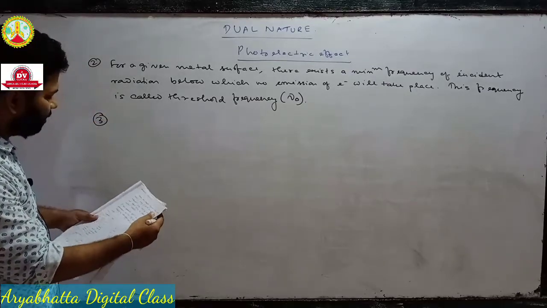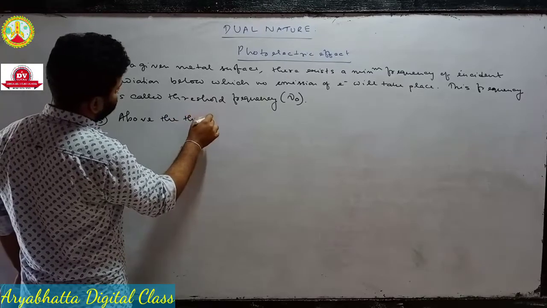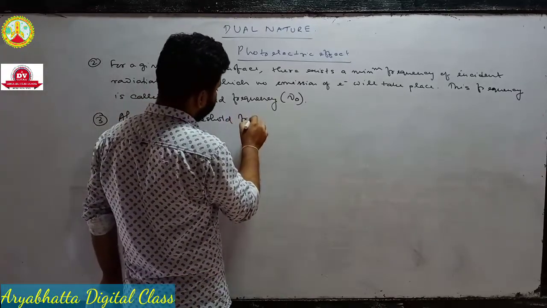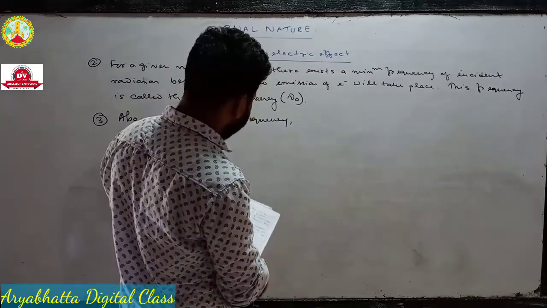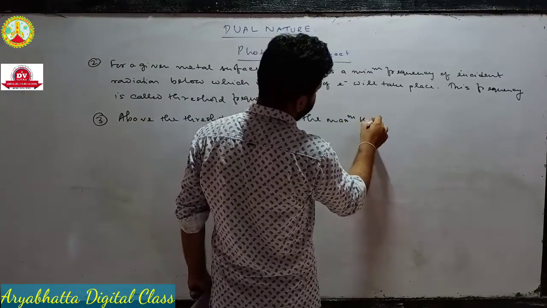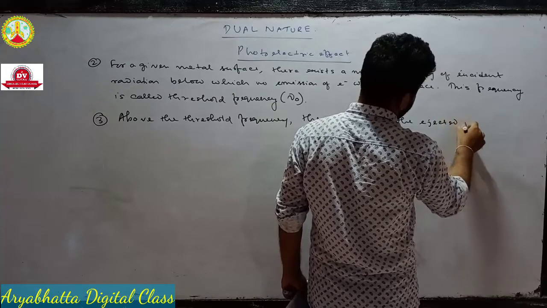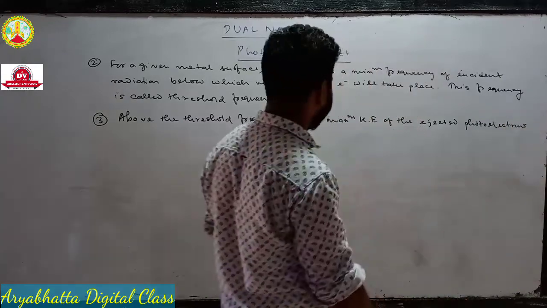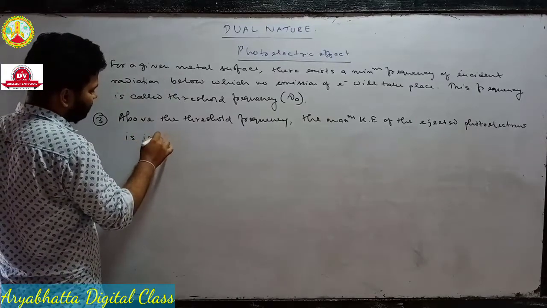Number three is above the threshold frequency. तो इस बार हम लोग किसके बारे में डिस्कस कर रहे हैं? स्टॉपिंग पोटेंशियल। तो above the threshold frequency, the maximum kinetic energy of the ejected photoelectrons is independent of, वो intensity के ऊपर में डिपेंड नहीं करता